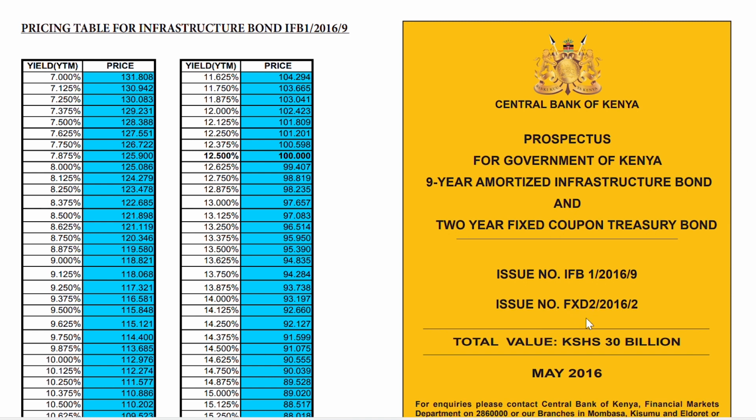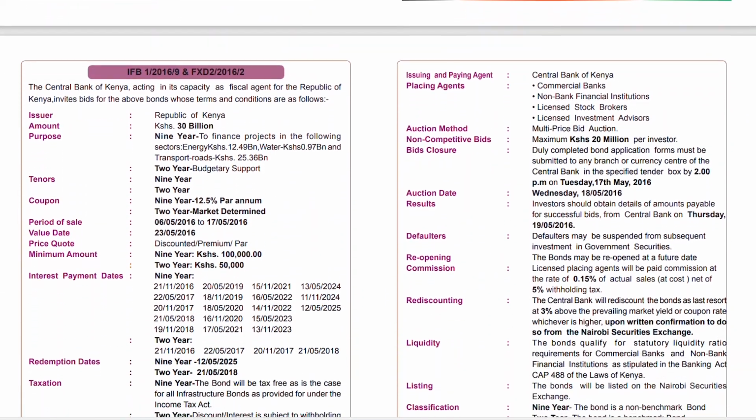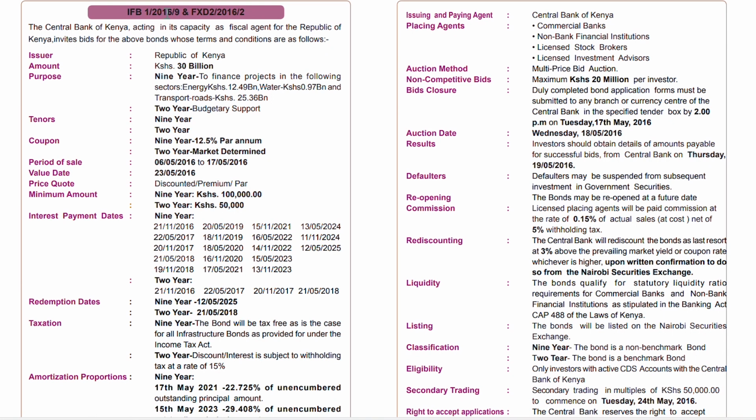It's issue number 2. It was issued in 2016 and the tenor is 2 years. Then you come here, we have the total value that the government is looking to buy and the month and the year when this bond was issued. When you come to the next page of the prospectus, here we have again the issue numbers, the name of